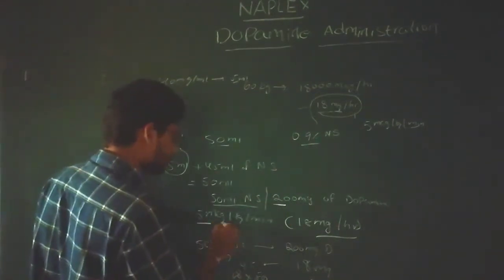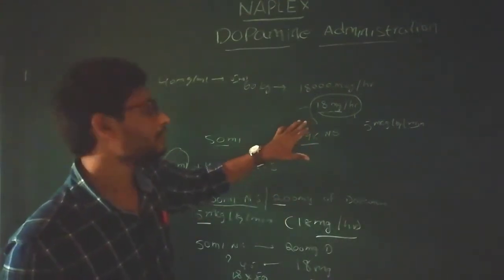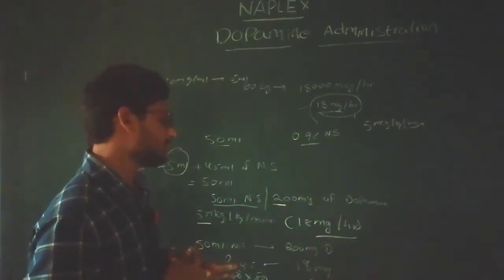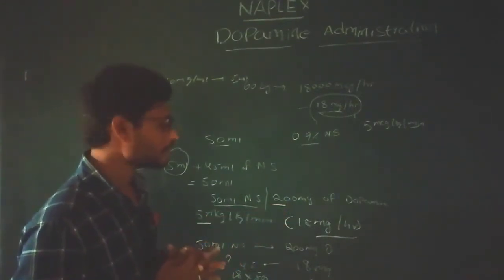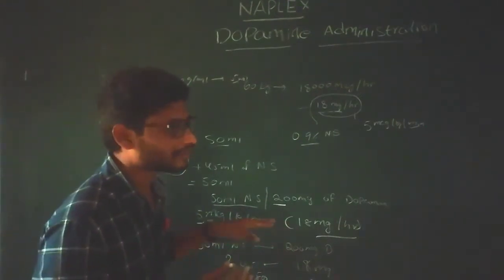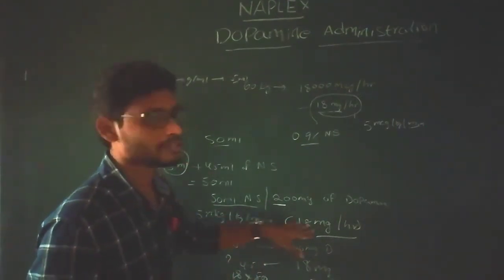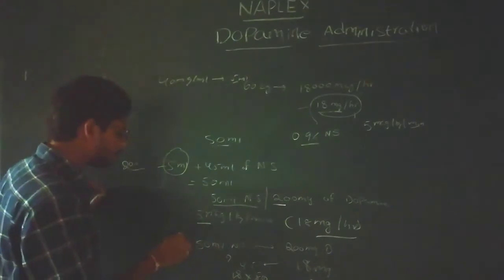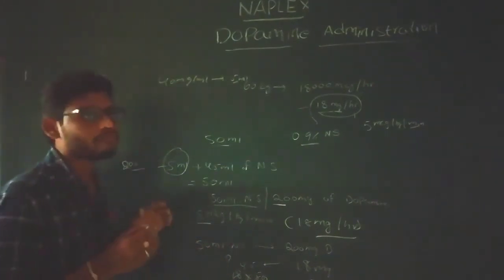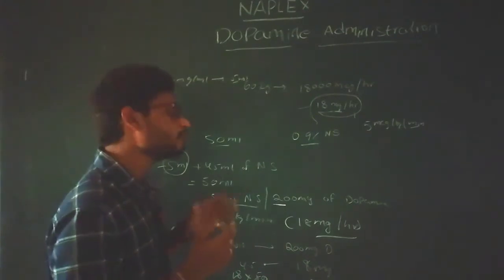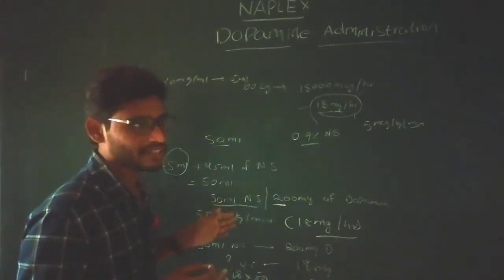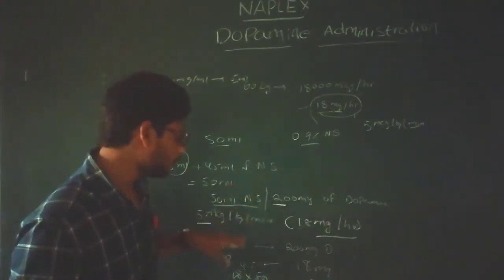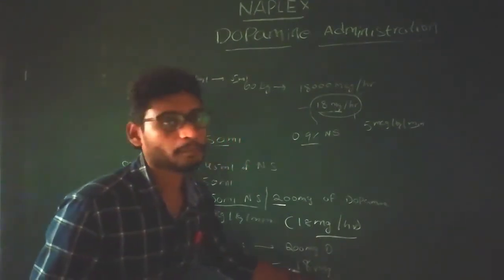Okay, so we need a total dose per hour of about 18 mg. So we do not need a total of 200 mg for this patient. Initially we will start with moderate doses. That's why the moderate dose after calculation is 18 mg per hour. So this is the dose to be administered. After calculating the amount of solution to be infused to the patient for treating persistent hypotension after dilution of dopamine with 45 ml of normal saline, we get 4.5 ml per hour.